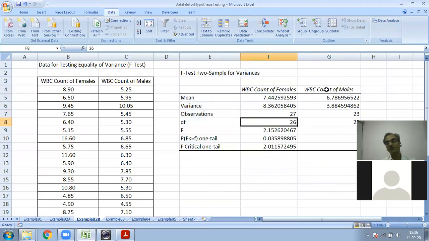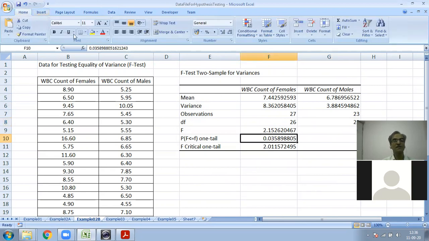The third column is about the WBC count for males, that is mean, variance, number of observations and degrees of freedom. As I told you, out of all these things, for us to take the decision about the acceptance and rejection of the hypothesis, the p value is most important.